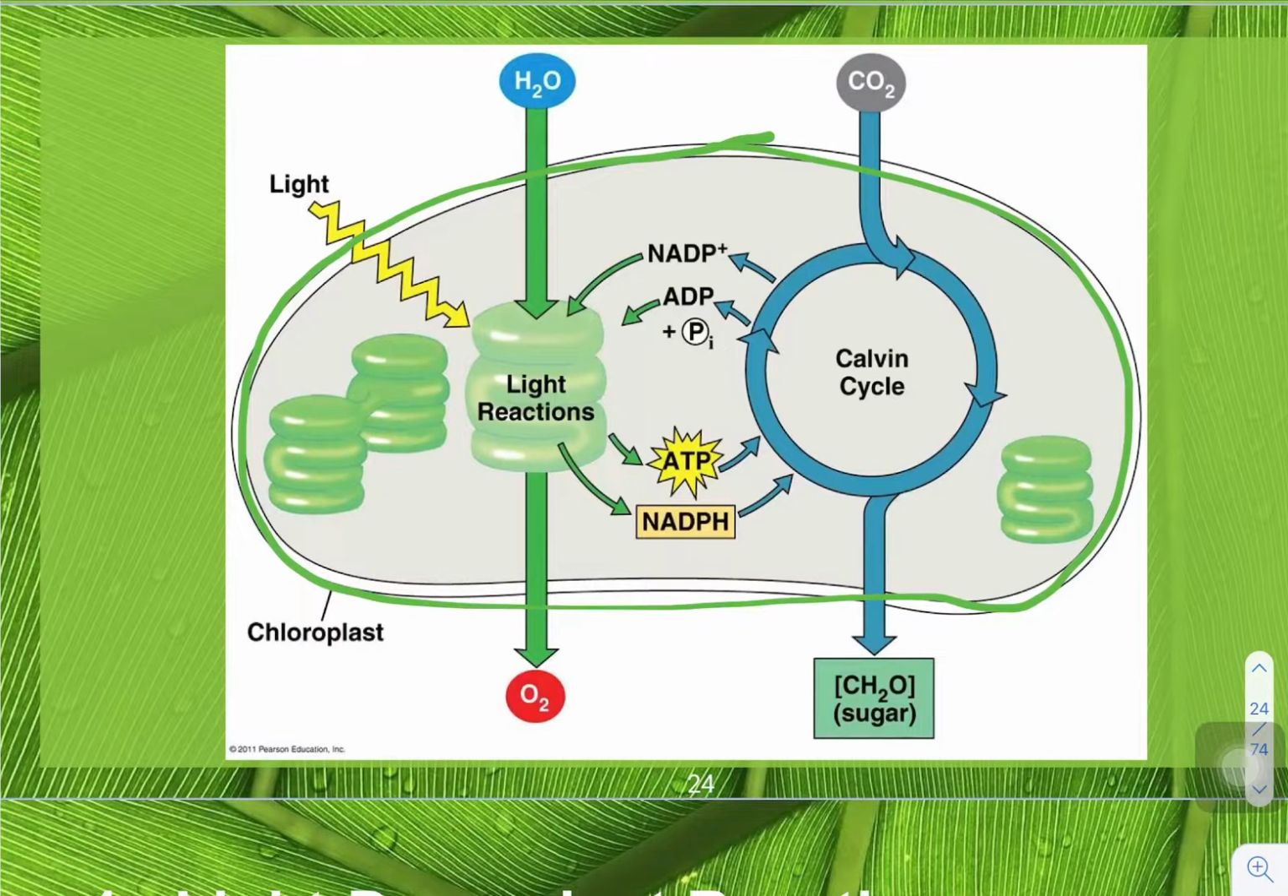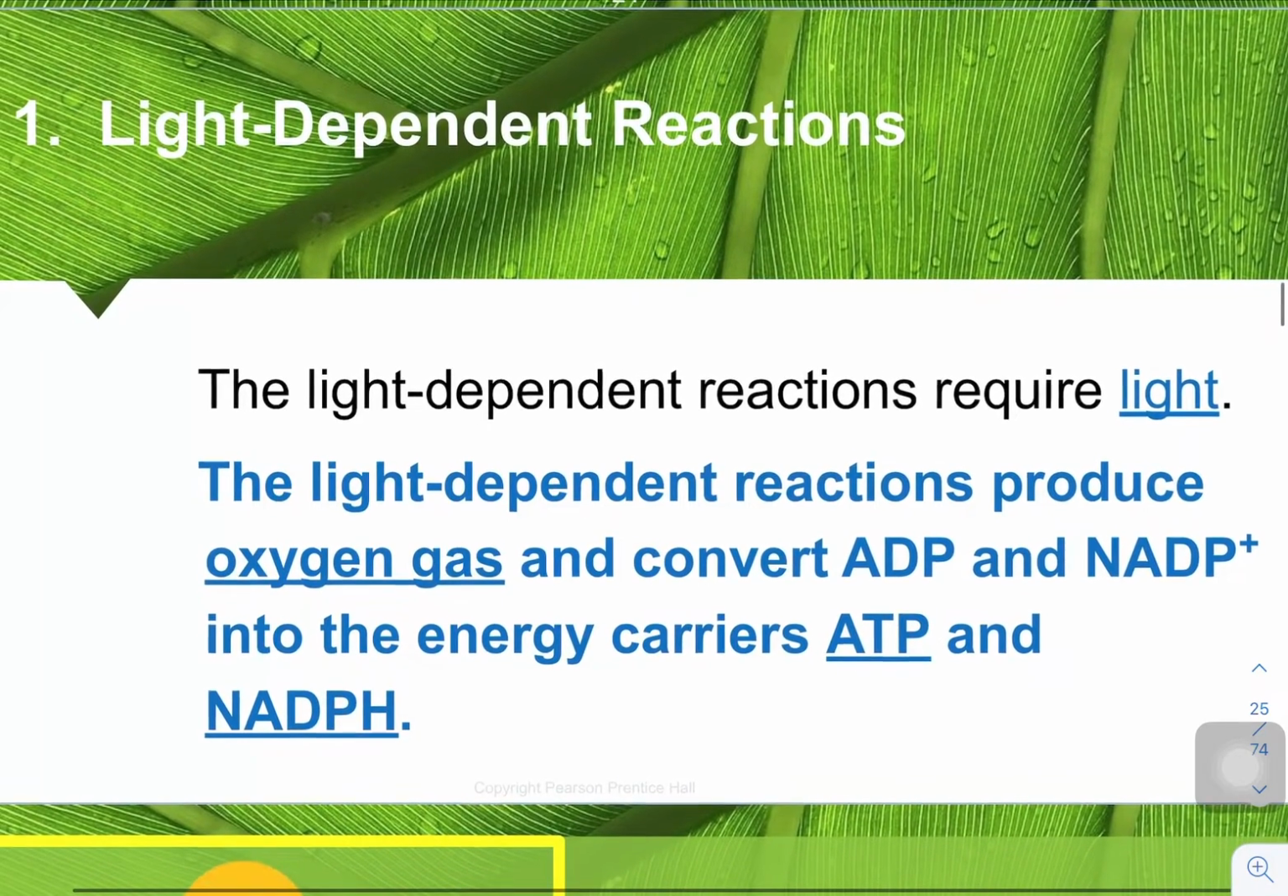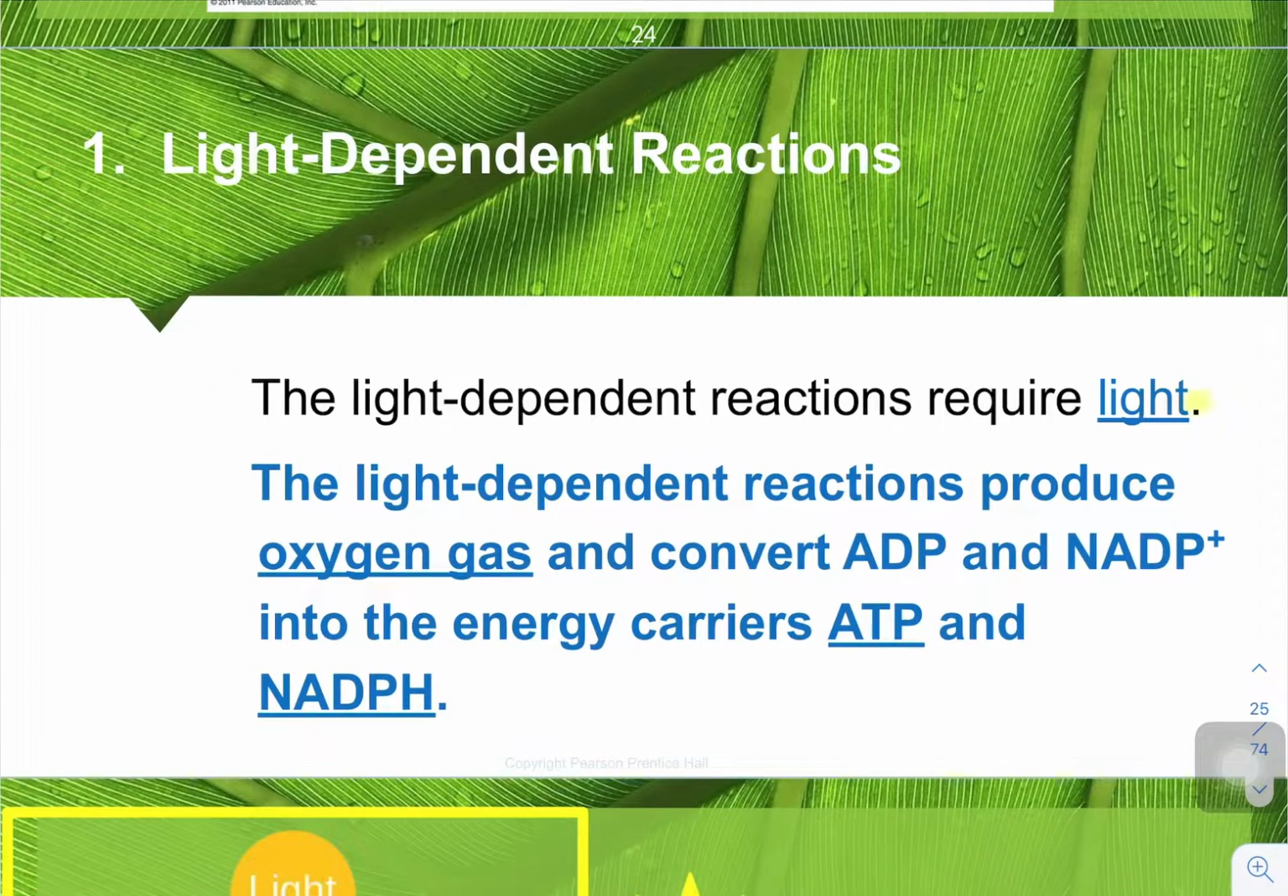So we're going to start right here with our first set of reactions called the light reactions. These are called the light-dependent reactions because, you guessed it, they require light. In order for a plant to do photosynthesis, it needs light from the sun. That's where it's going to get the energy it needs to power the process of making its own food. So these light-dependent reactions require light. They are going to produce oxygen gas, one of our products for photosynthesis,